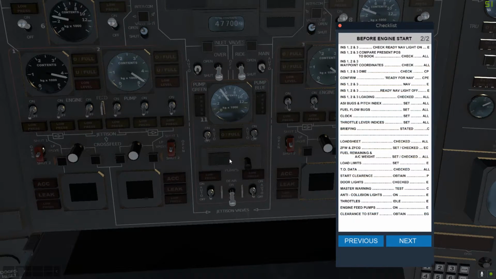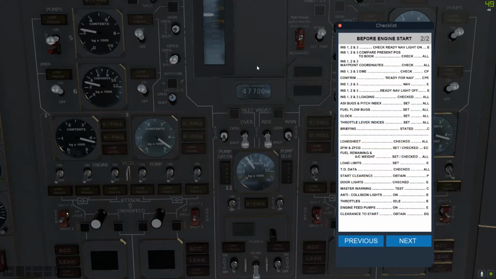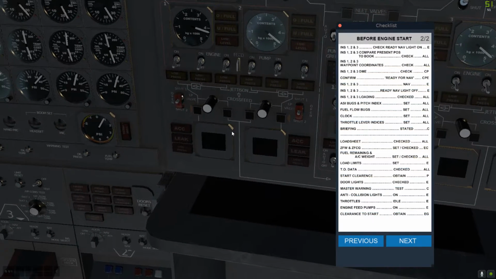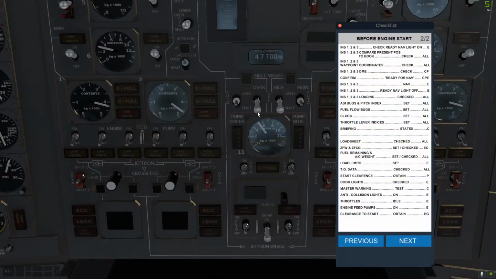Okay, these are the instruments to check all the weights. Fuel remaining is set and checked. Load limits you have here is set. Takeoff data is not important now, these steps, because in this video I'm showing how to start this plane. Okay,